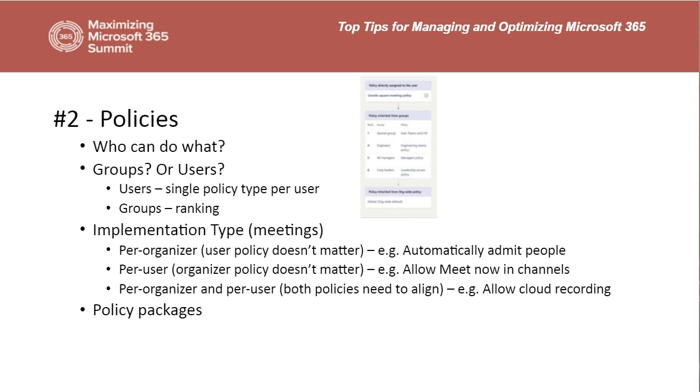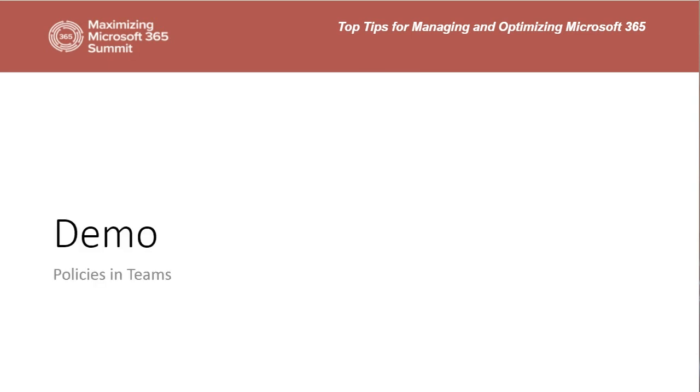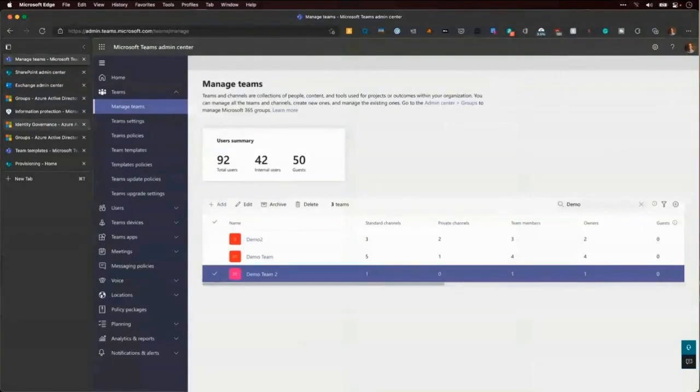So taking a look at policies in Teams and policies in Active Directory, let's dive in and take a look at some of the policies that you can assign in Microsoft 365 as well to help you manage it. So one of those, we just talked about Teams. We'll start in Teams. We'll move down to some of the other places you can assign policies as well.